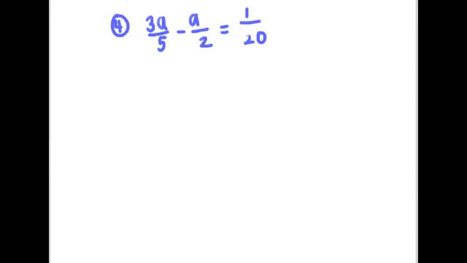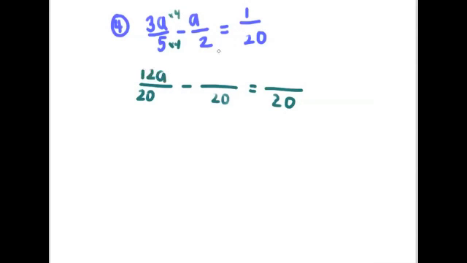So here are my fractions. I have 3a over 5 minus a over 2 equals 1 over 20. Let's go ahead and look at all of the denominators we have. We have a 5, a 2, and a 20. So if I'm looking at this, my common denominator I see is 20. Okay, so between the three of those guys, 20. Let's work on this first one. So to get from 5 to 20, I times 4. Times 4. 3a times 4